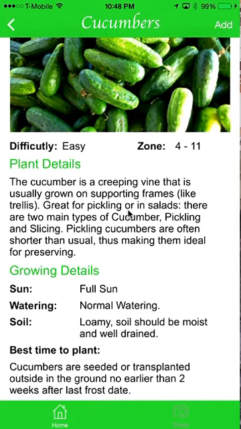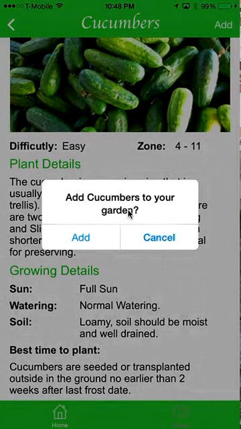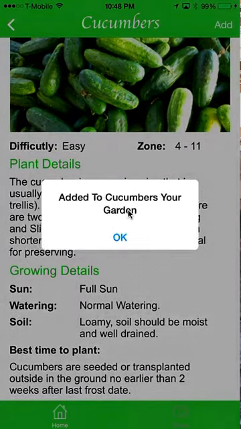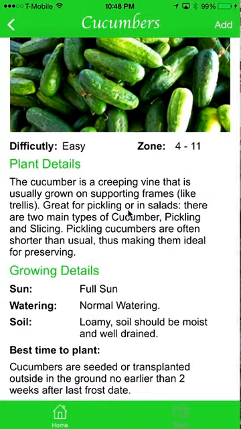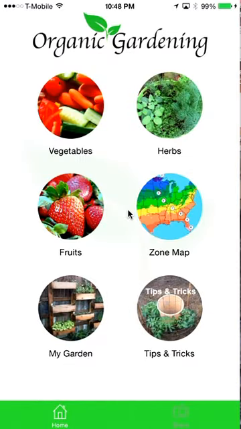I am already logged into Facebook, but had I not been logged in through the Facebook login, just like the prototype app, it would have asked me to log in either via a screen name and password, or Twitter or Facebook. Okay, so from here we can add, and it's going to ask, do we want to add cucumbers to our garden? We're going to say add. It's going to say added cucumbers to your garden. So going back, we can